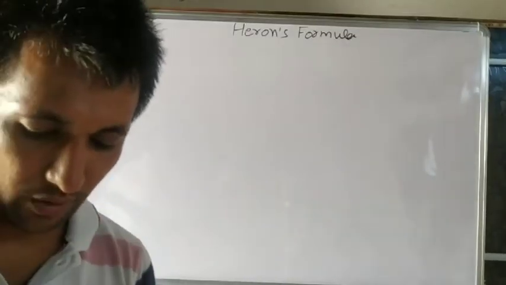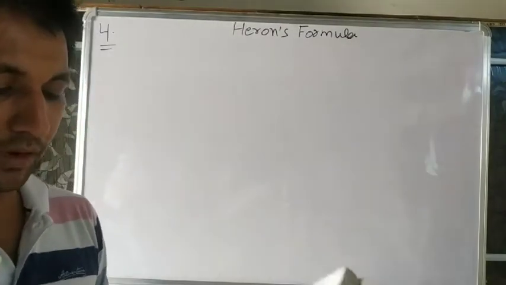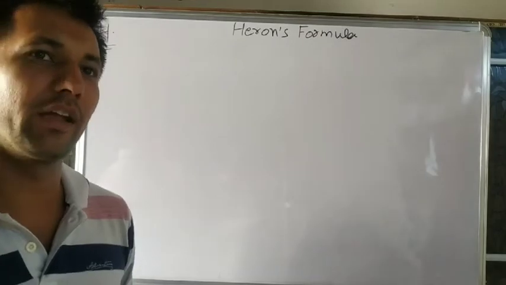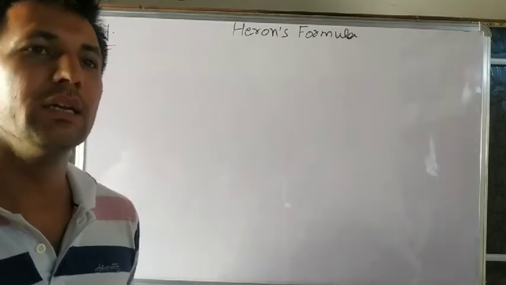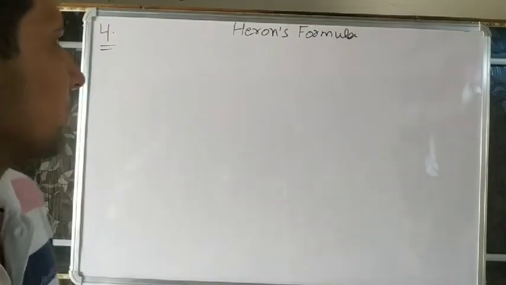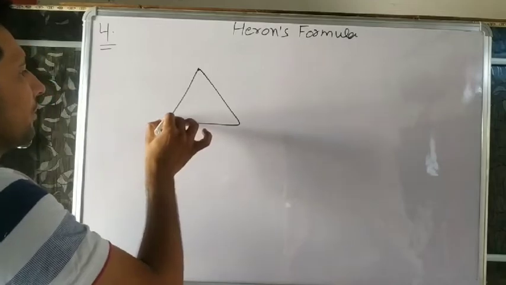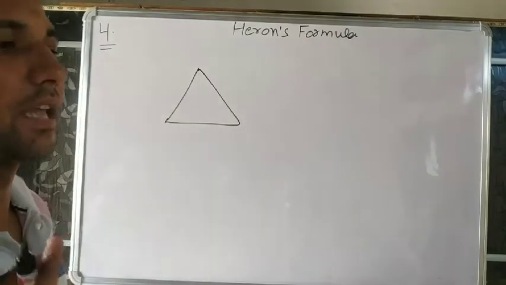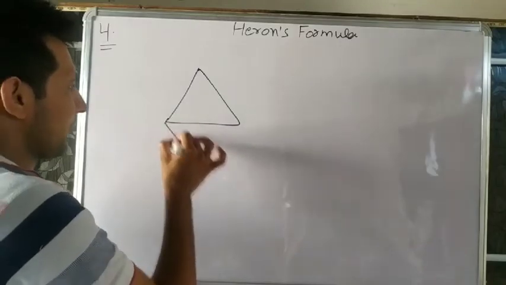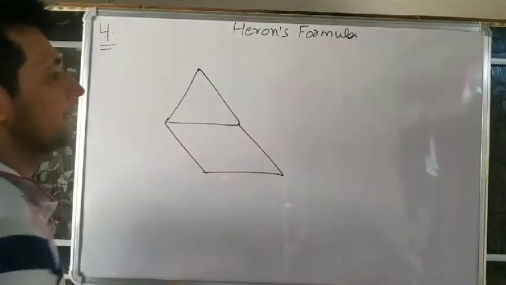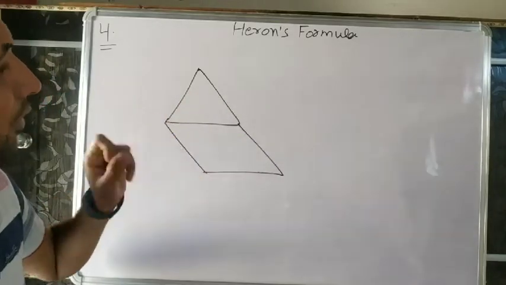What is 12.2? The fourth question is a triangle and a parallelogram. A triangle and a parallelogram have the same base and the same area. A triangle is given and a parallelogram both has the same base. Same base means it is the base of the triangle, and the base of the parallelogram like this one. So it is a parallelogram. Both the triangle and the parallelogram have the same base.